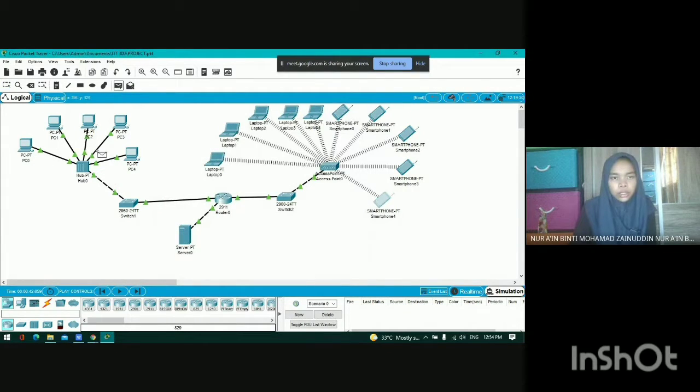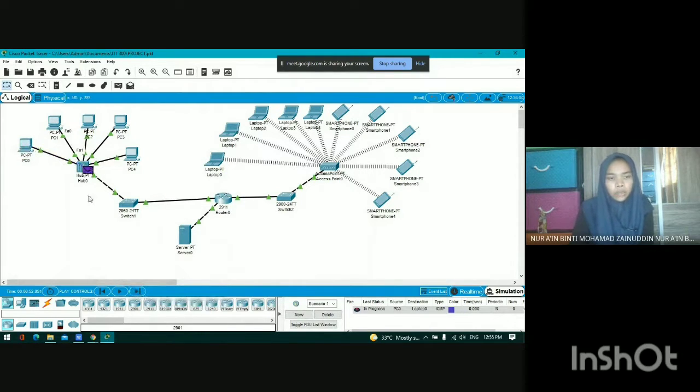First, from PC 0 to the PC 1, that will send the data and it will be successful. Second example, from PC 0 to laptop 0,